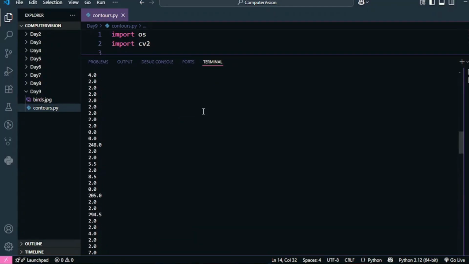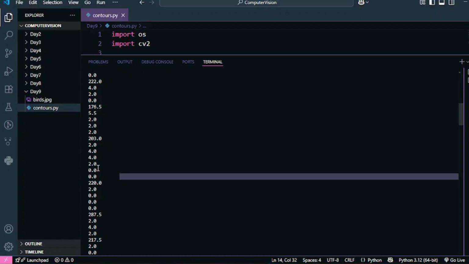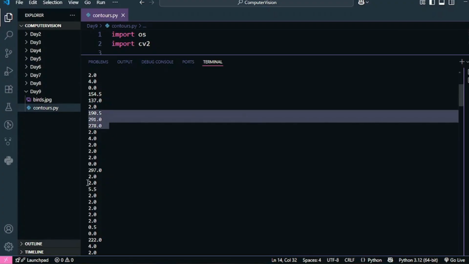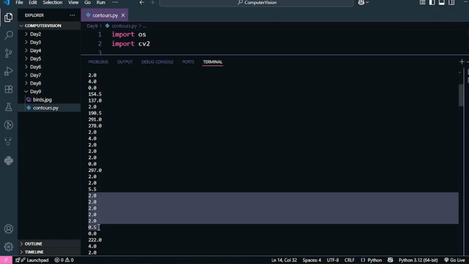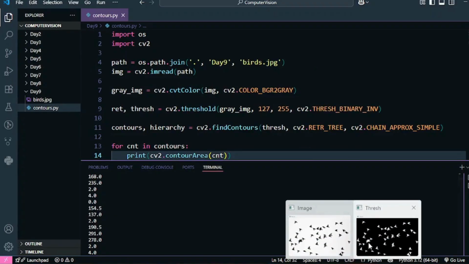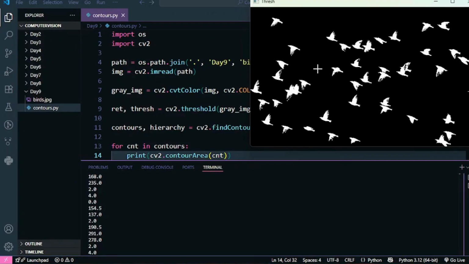Now, if you look closely, some of the areas are large, like 220, 203, 176, and some are even larger. But some of the areas are too small, even 0, 0.5, 2, 5. Now, why is that so? Even though we have converted our image from BGR to grayscale to a binary image, which has only two kinds of pixels, 0 or 255, there is still some noise in this image as well.